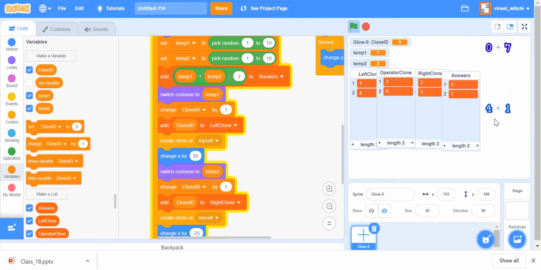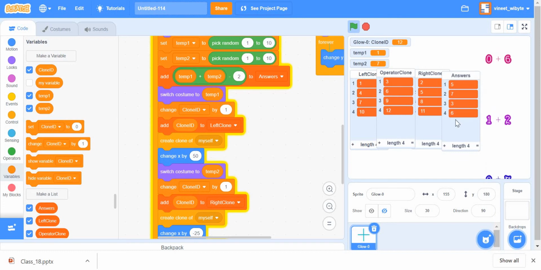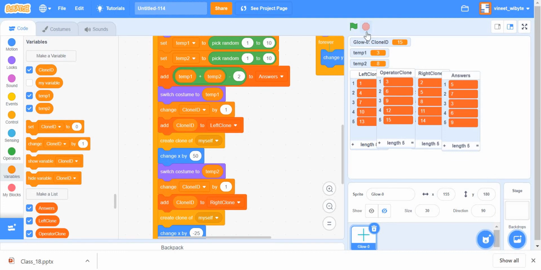Remember, these numbers that are falling are basically clones of the same sprite, each of which has a unique ID which is getting stored in this list, and the answer that is created by these is getting stored in this list as well. So 0 plus 6 is 6. That's why it gets added to this list as 6, right? The important point here is that there is a strict correspondence between these lists and the answer list. Like I said in the previous video, the clone with ID number 1 plus the clone of ID number 2, the answer of that should have been 5, and that's why it's 5, right? So this is very, very important. We stressed this in the last video. We shall now proceed from this further, right?